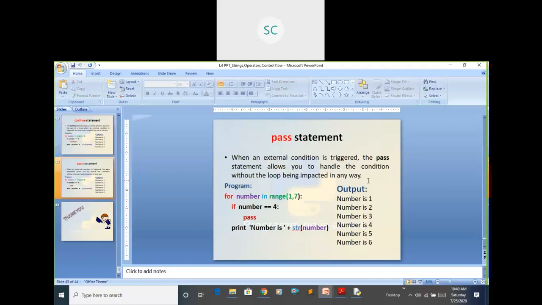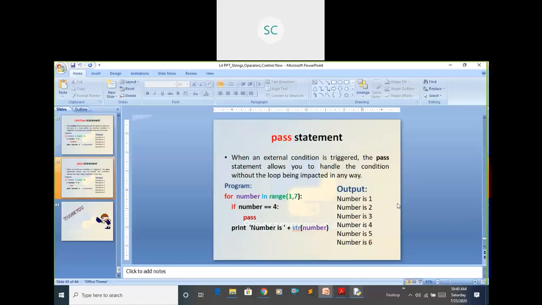Okay, you are not impacting anything on the loop, but in the middle, if you want to write some statements in between that loop, you can go for this pass statement. Here you are not observing any middle code, right? In our example, I just inserted some code here. You can see in the middle of that loop I have entered some code, right? In this way, this pass statement will work. It won't affect your loop, but you can write some code in between that loop. Okay, this is about the pass statement.